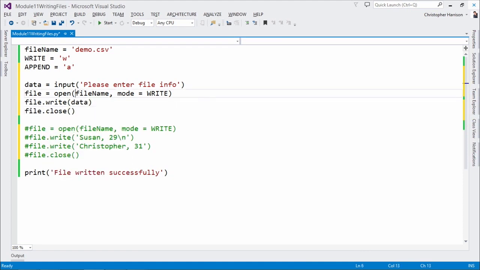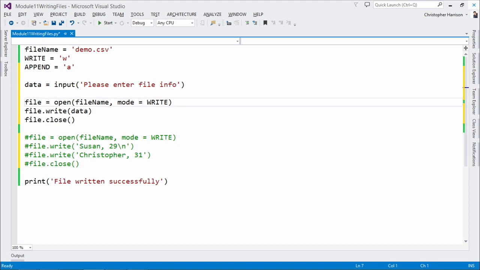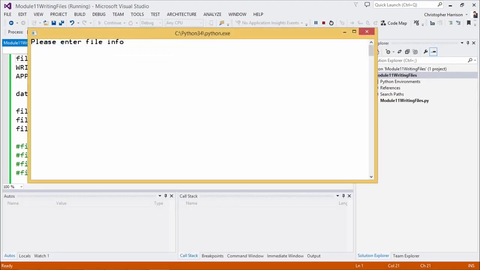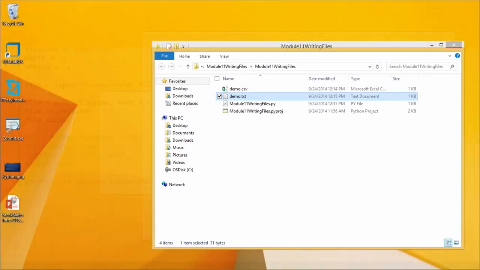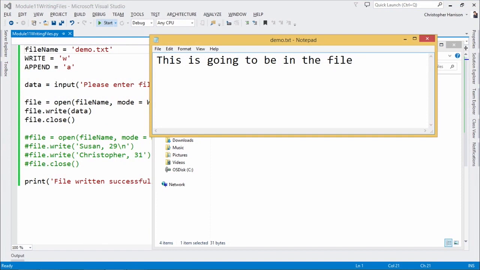Okay, so what you're going to notice is that I'm grabbing the data from the user, and then I'm going to write that out to the file. So let's go in and do that real quick. We'll just hit start. Please enter. I should have put a space, but that's okay. This is going to be in the file. Hit enter. Written successfully. And now let's go back to our text file, and that's going to be in the